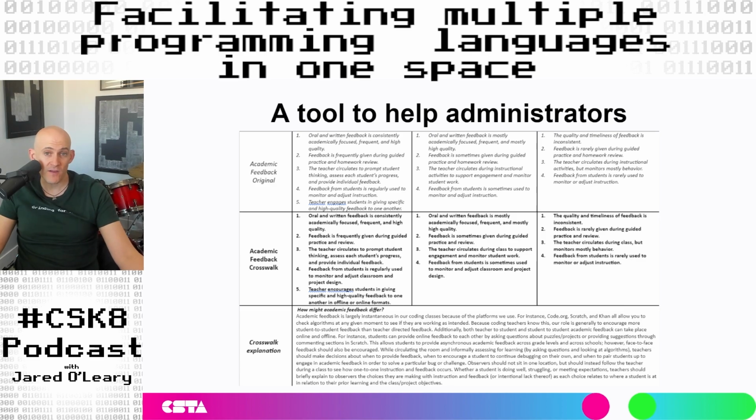This approach was very different than what most admins were looking for in a classroom, so I created a crosswalk document that translates the TAP teacher evaluation system that my district used into language that made sense for this approach to computer science education. And we would give this document to admin who were unsure how to evaluate what computer science educators were doing in the district. I'll include a link to this in the show notes, but it's a fairly lengthy document because it goes through every single step on the rubric of how teachers were being evaluated in the classroom, and it translates it to what it would look like in a computer science class